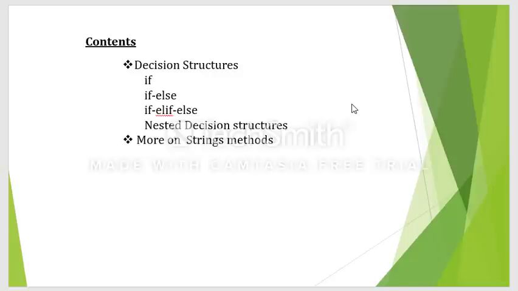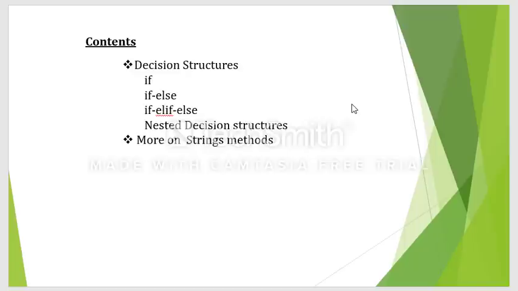Okay, so like that we can define the modules under the extension of .py, and we can use those modules wherever they are required in our programs. And next we go with decision making statements in Python. Decision making statements are nothing but, in any language, we have to take some decisions while satisfying some conditions. Like if some condition is happened, then only we have to do some kind of thing. This is there in every kind of programming, which is called the decision making structure.